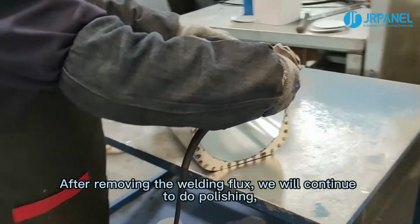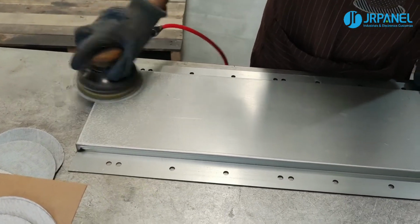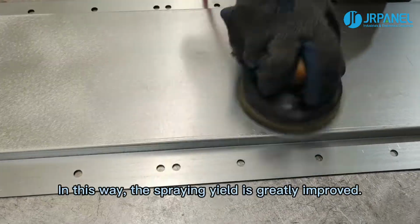After removing the welding flux, we will continue to do polishing, which is to facilitate the subsequent spraying of paint on the surface. In this way, the spraying yield is